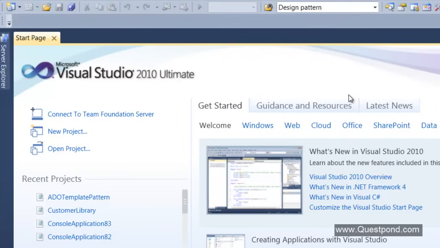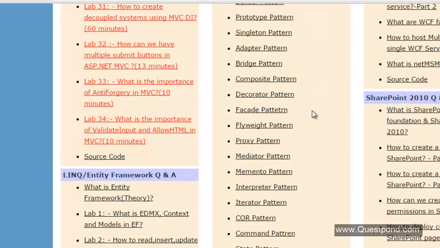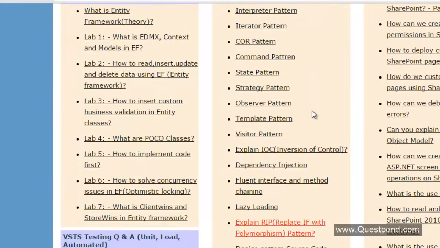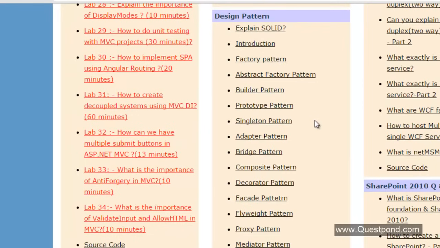But in case you are concerned, saying that no, I want to learn all the design patterns and that also step by step, what you can do is follow our video series, which we have on quest1vd.com, where we have explained 40 to 50 design patterns. So you can see here factory pattern, abstract factory, builder, prototype, adapter, decorator, name that pattern, and it has been completed in this series, right?